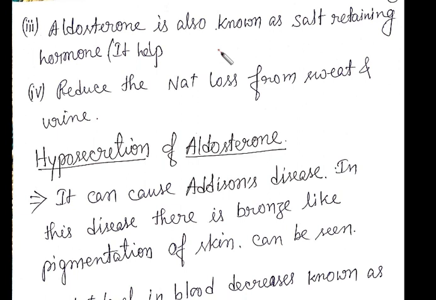And what is the function of the aldosterone? Aldosterone's function is to retain the maximum amount of salt, in the form of sodium, from the nephric filtrate. So when it takes out more sodium ion from the nephric filtrate, as a result the urine concentration will increase and it will become more hypertonic. And because of that, the aldosterone is also known as salt retaining hormone as well.